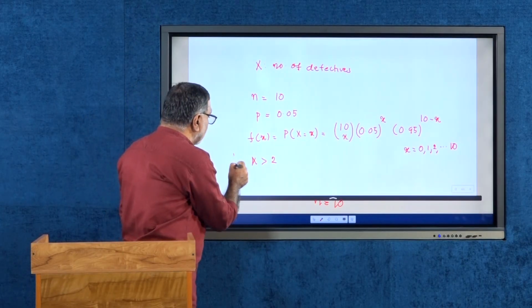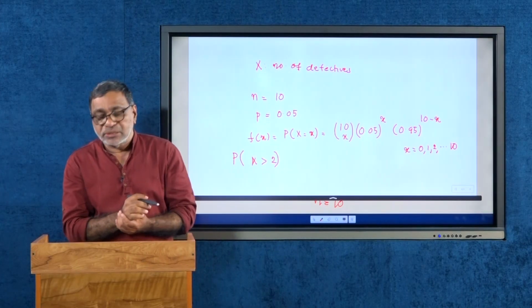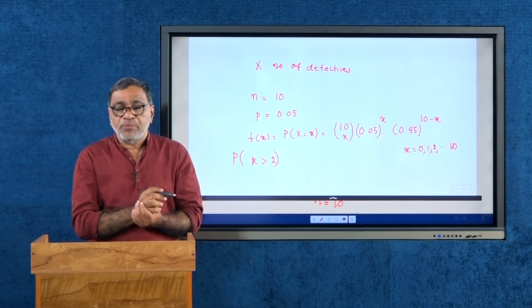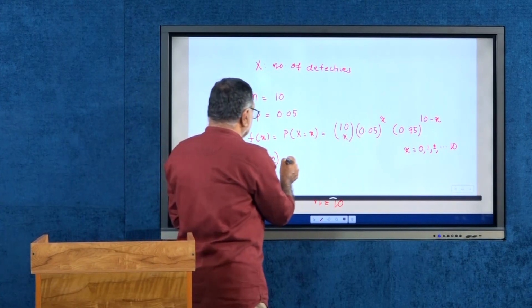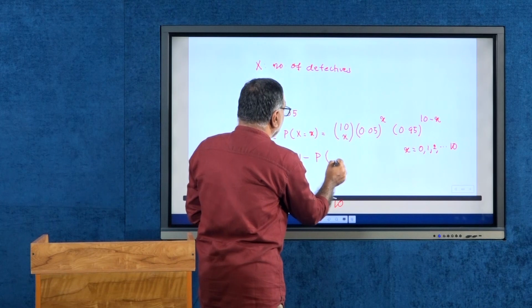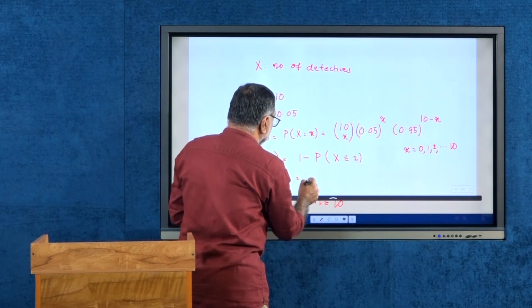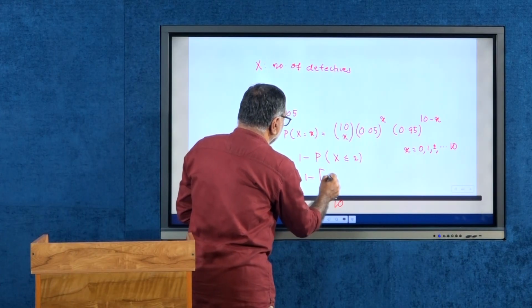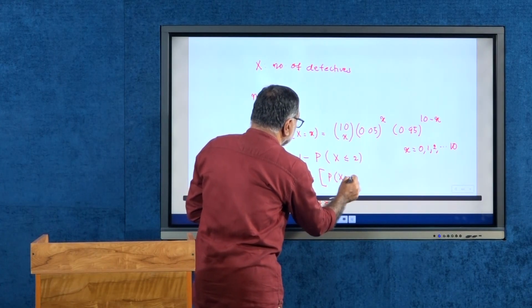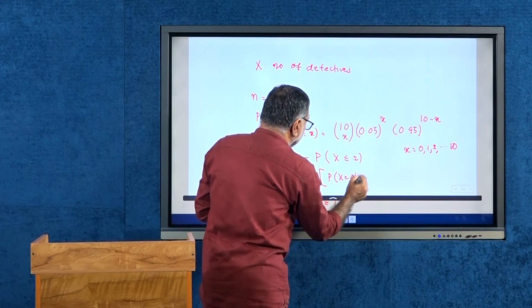The question is to find the probability of X greater than 2. That is the same as finding the complement: 1 minus the probability of X less than or equal to 2, that is 1 minus,